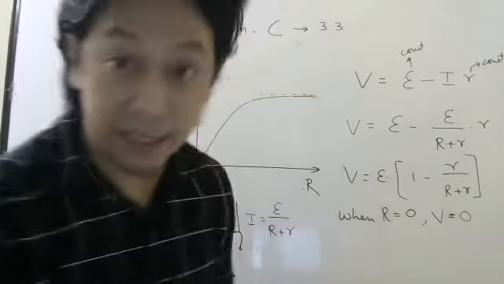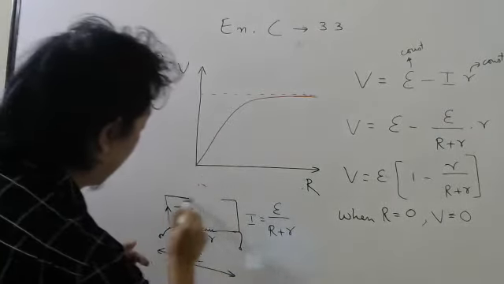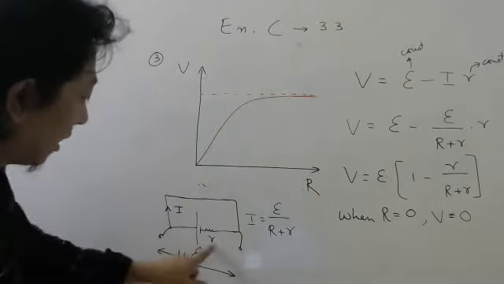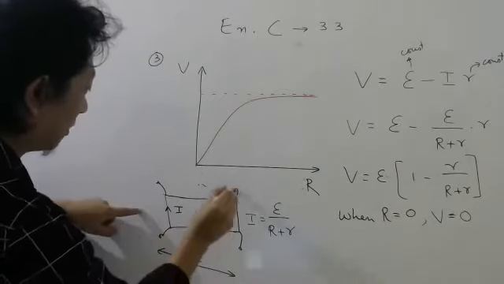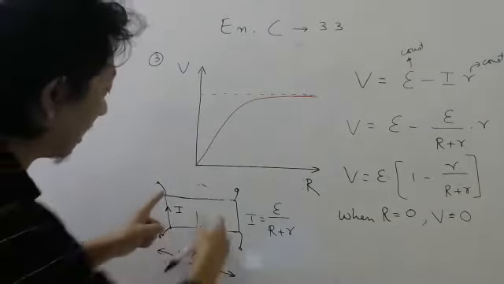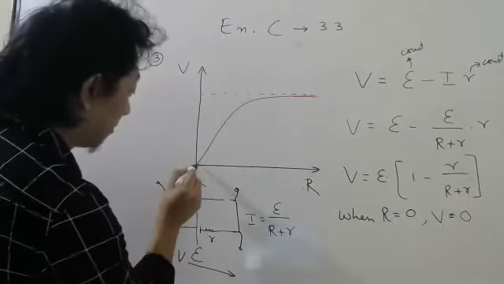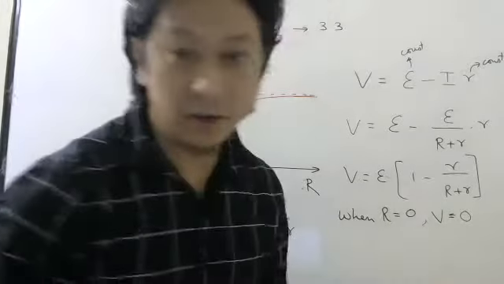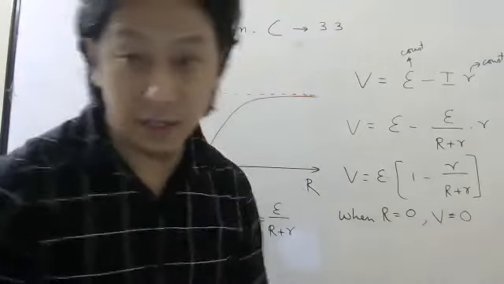As expected. Matlab, if you just put a short here like this, short circuit, then current will flow because small r is there. Current will flow, but the voltage here will be 0 because there is no resistance here. So I into R. I is there, but R is not there for this wire. So voltage will be 0. So it is nice that it starts from V also 0, from the origin. So when R is 0, V is 0. The first point in that graph is matching with whatever we are discussing.